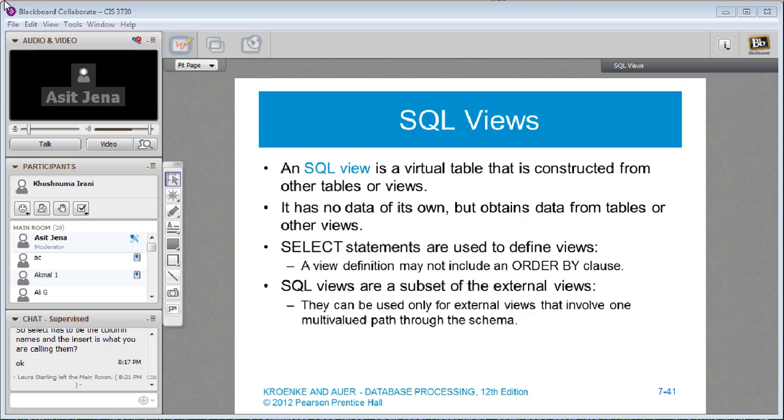You don't copy data back and forth and create another set of tables, because that is redundant and it becomes very difficult to manage.